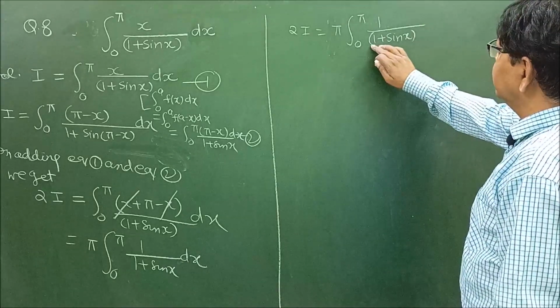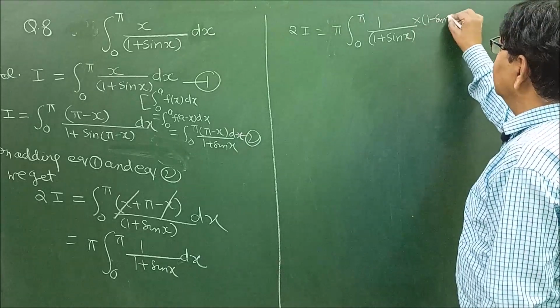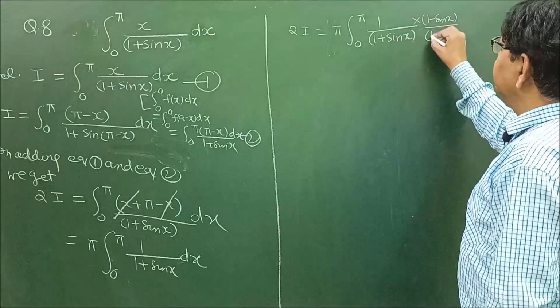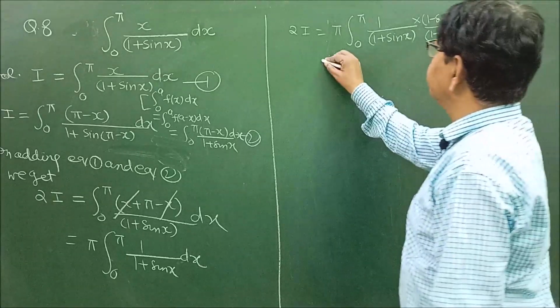First let us remove the denominator. So multiply by 1 minus sin x and divide by 1 minus sin x dx. So this is equal to pi